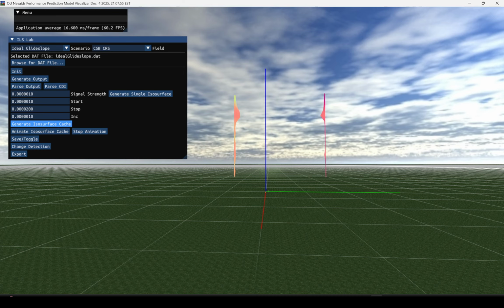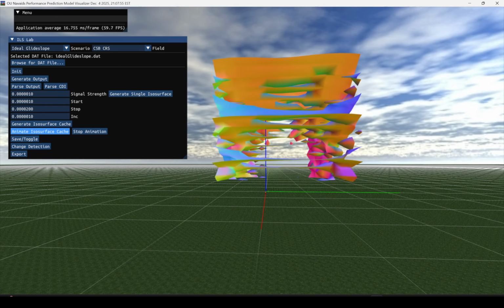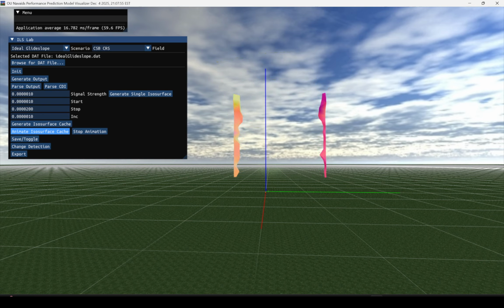If I hit generate isosurface cache, it will pre-compute the isosurface across that range and store them in the cache. And if I click on animate isosurface, you can see that the isosurface is being animated for different iso values,